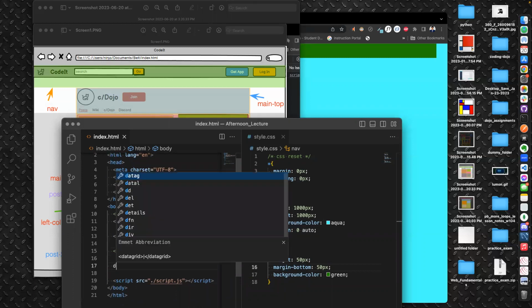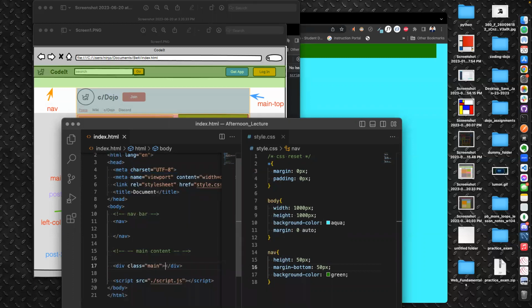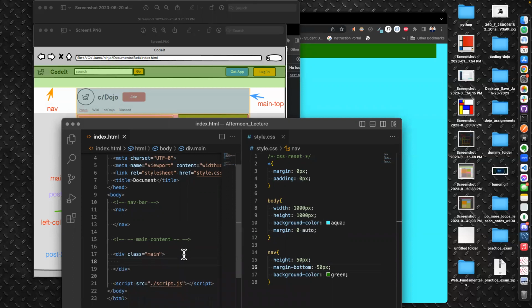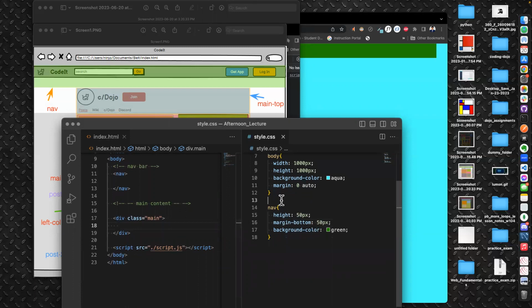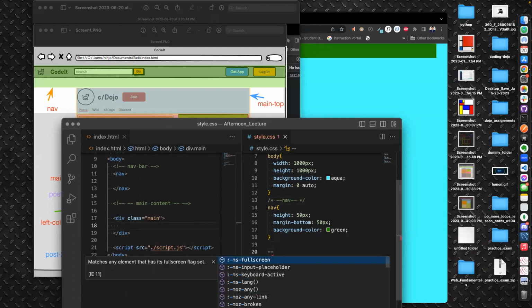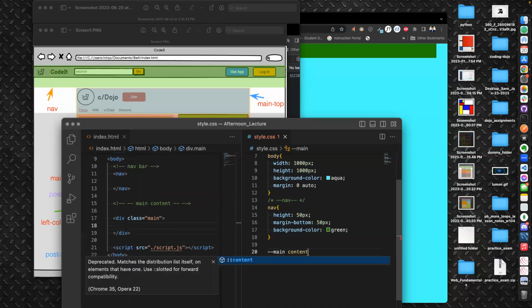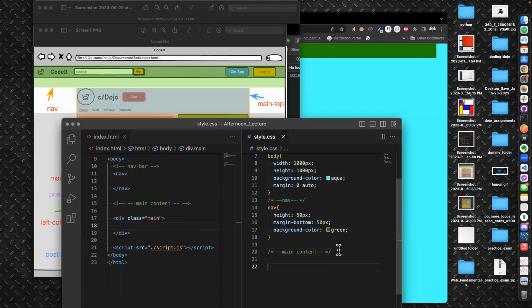And I'll say div dot main, enter, enter. And so here we have the main content. Let's add a comment here as well. So nav comment, and then below we have main content comment. Okay, so